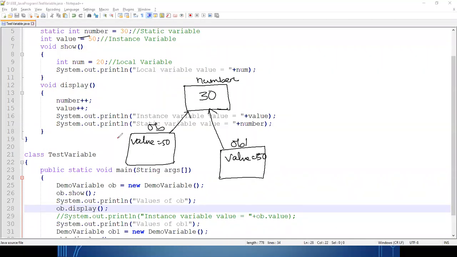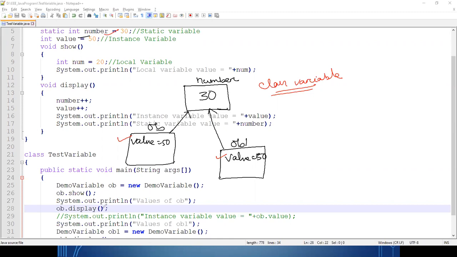That is the use of the instance variable. But a static variable doesn't belong to the object individually. It belongs to the class. So sometimes this static variable is also known as a class variable, because it belongs to the class, and all objects will access that particular variable.